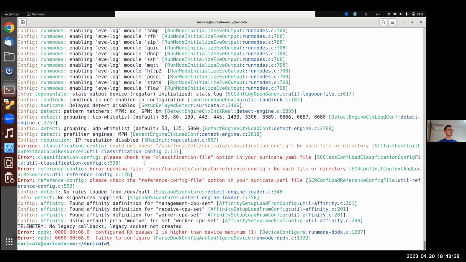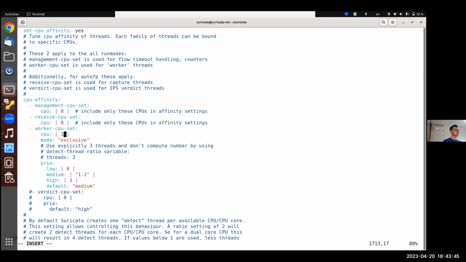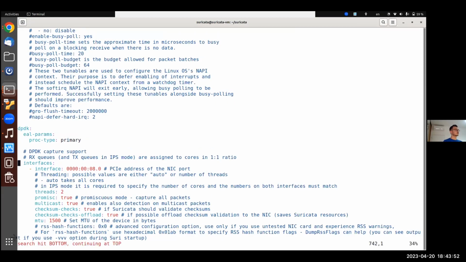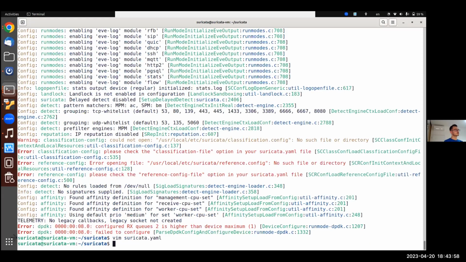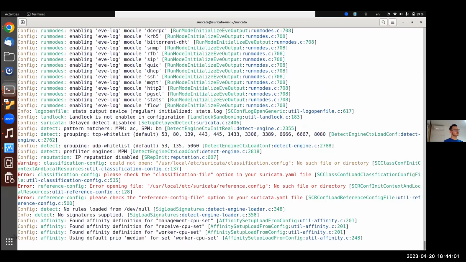You cannot set more than 1 worker, and that's kind of limiting for us, and it's not supported within those network adapters. So that's kind of a pity. So for now, we will set it to one worker only, and we will try to run it. Hopefully this will run in a minute,